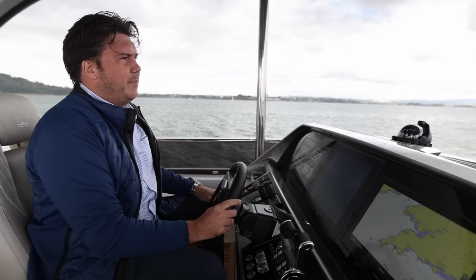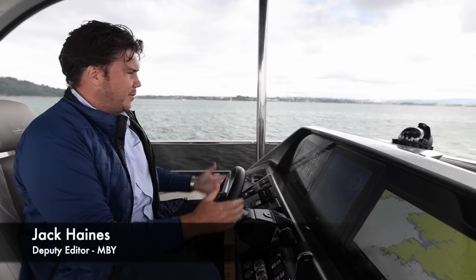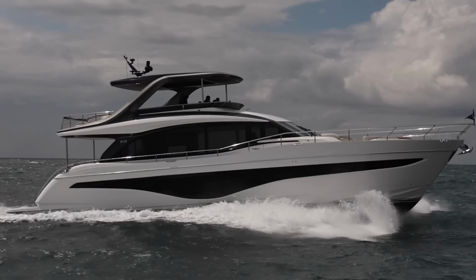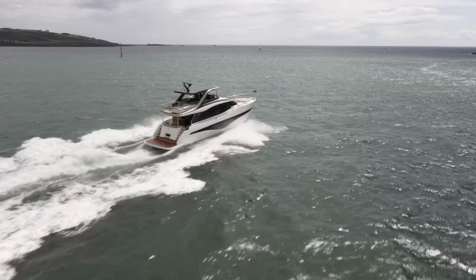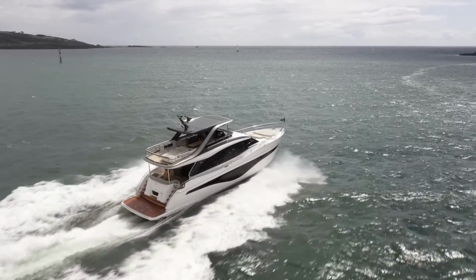What's great about a planing boat of this size is the flexibility you have in cruising speed. So we're doing 10 knots at the moment, the engines are doing 1000 RPM and they're sipping 33 or 34 litres each. And with that, the range skyrockets, 700, 800 miles, absolutely no problem, especially on this version of the 72, which has got the larger fuel tanks. But the beauty is that if you do want to get a move on, you've got